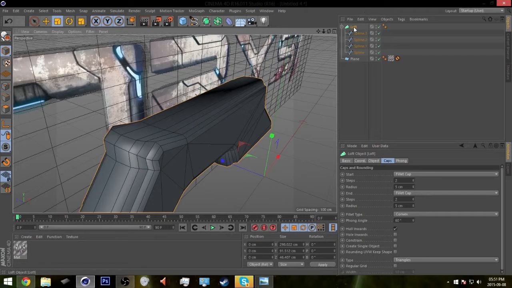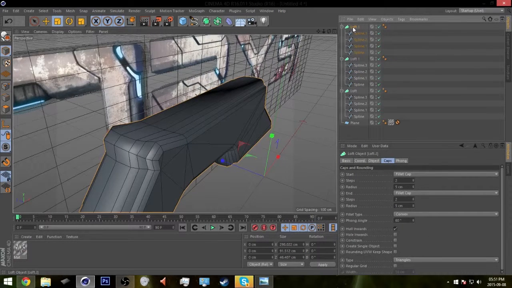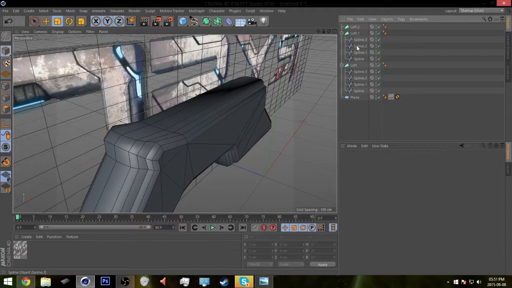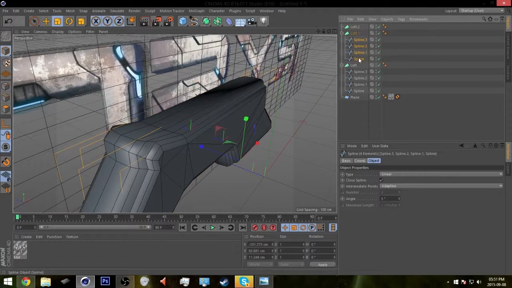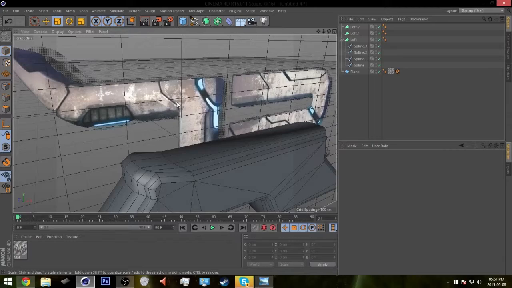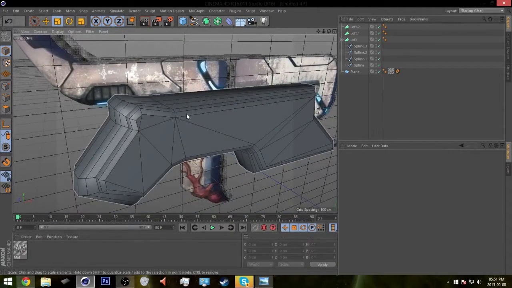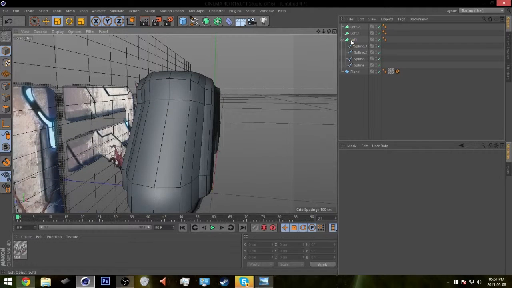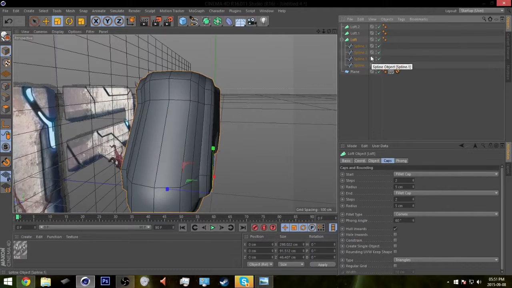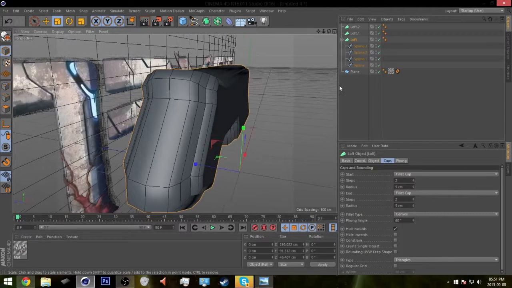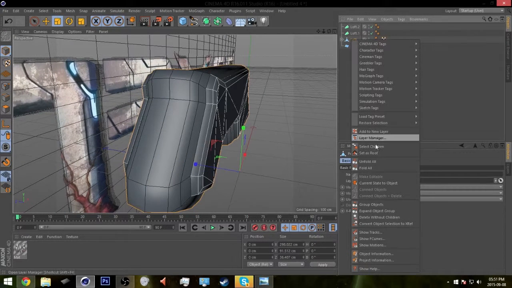Before we go on, just copy and paste the loft a couple times, and then just delete whatever's inside. We're doing this because we're going to be making other parts, and we want to keep the same settings that we just created in the loft. So just copy and paste it, and then before you edit this one. So once you've done that, select the loft that you've created as this mesh, press C, right click, select, oh,